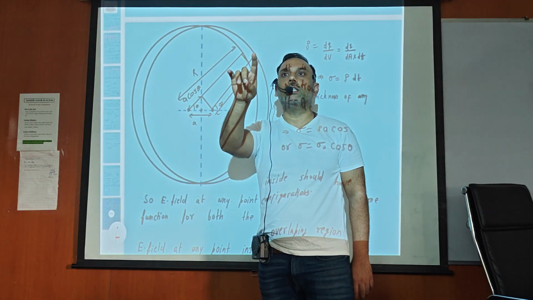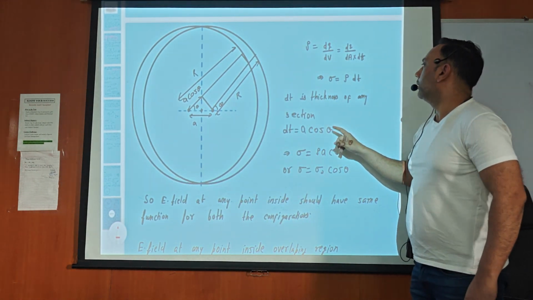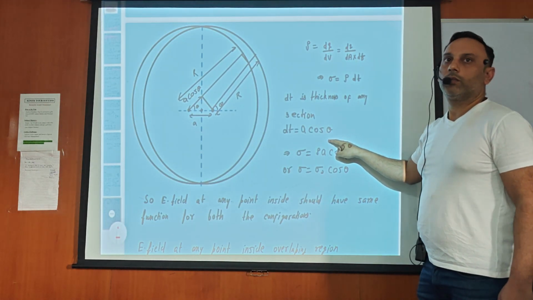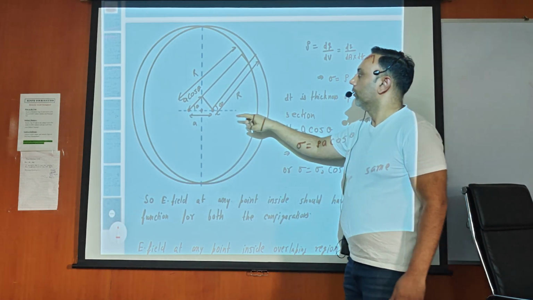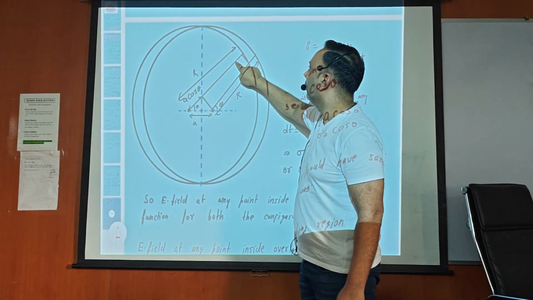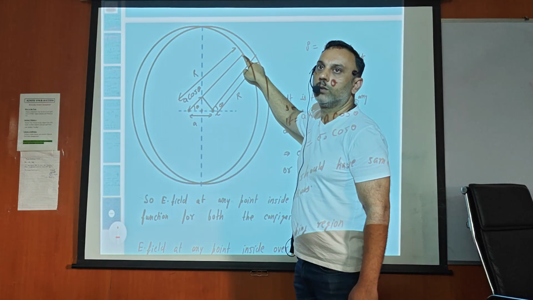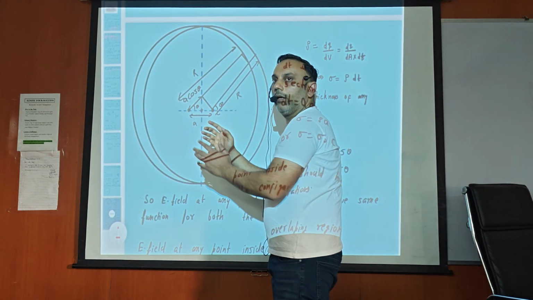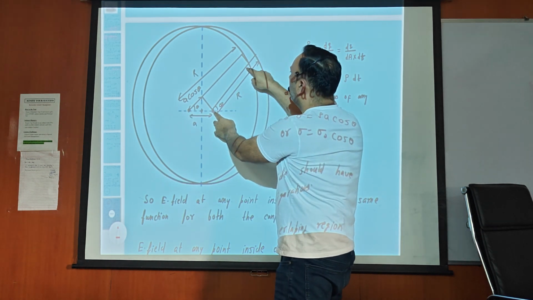Okay? Not just that, we can verify it also: this dt is nothing but a cos theta. So how can I write this dt as a cos theta? See, beta, if you draw a line from here to its outer surface, this total length is r. From here also you draw the line. Since it is very small, I have shown it big, but actually it is very small. So this length is also r.